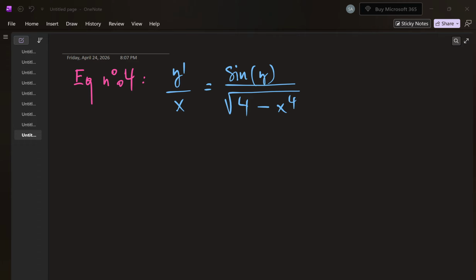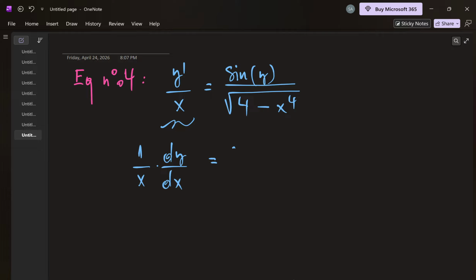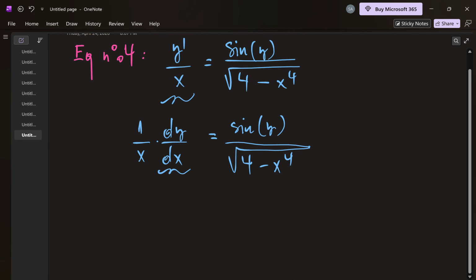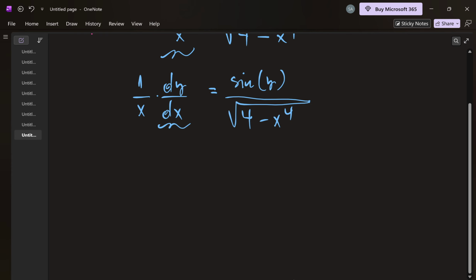So, let's continue. When we write this part, you could rewrite it like this. It is 1 over x times dy over dx. And this part is sine y over the square root of 4 minus x to the power 4. Now, I will multiply by dx and divide by sine y. So this part will become like this. It is dy